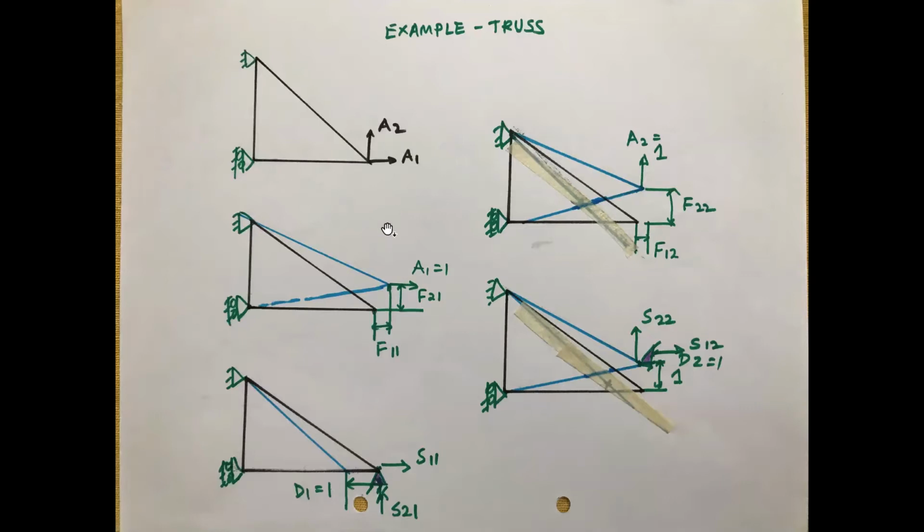Look at this diagram. When I am applying unit load, how many flexibility coefficients are generated? F11 is what? Again, at the same place, both loadings are applying. So on my own, I have to define the numbering, that horizontal displacement is 1 and I'm calling vertical deflection 2. That is my own numbering, because there is one location and 2 loadings. It is not 2 different locations and 2 different loadings, then numbering would be very easy. But here at the same place, I have to assign 2 numbers.